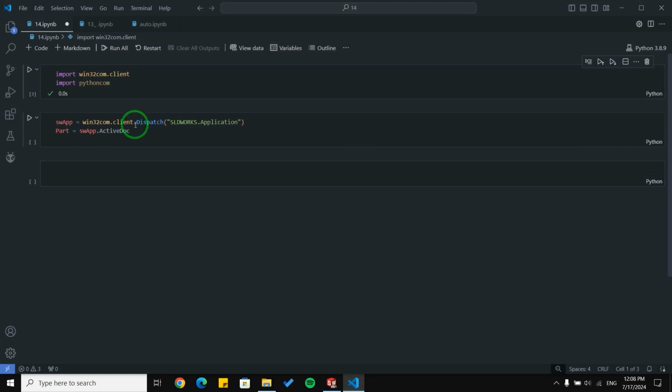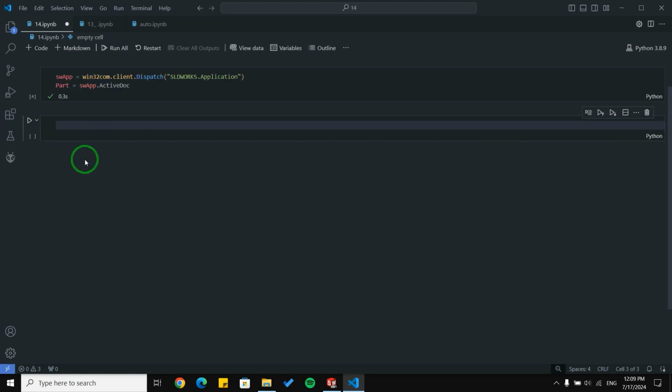First, I'm going to run my libraries and connect SolidWorks to Python. And in this block, I'm going to first write the proper code and then explain it.